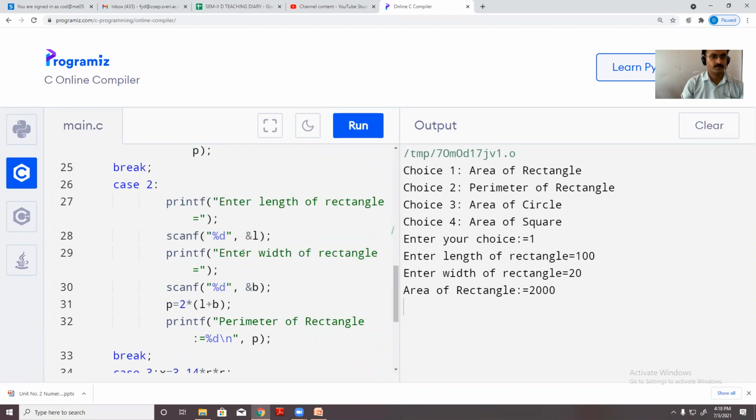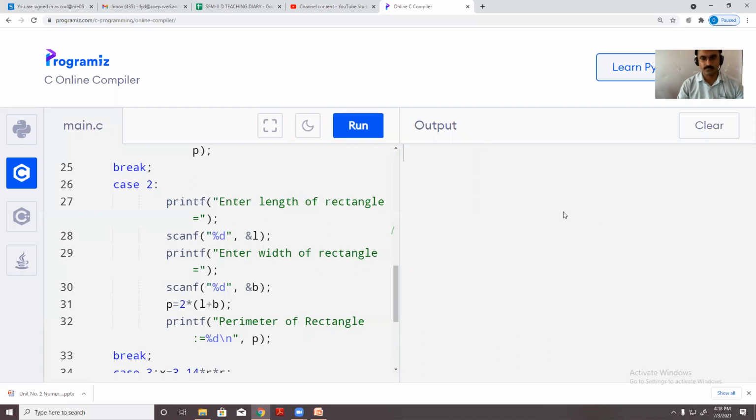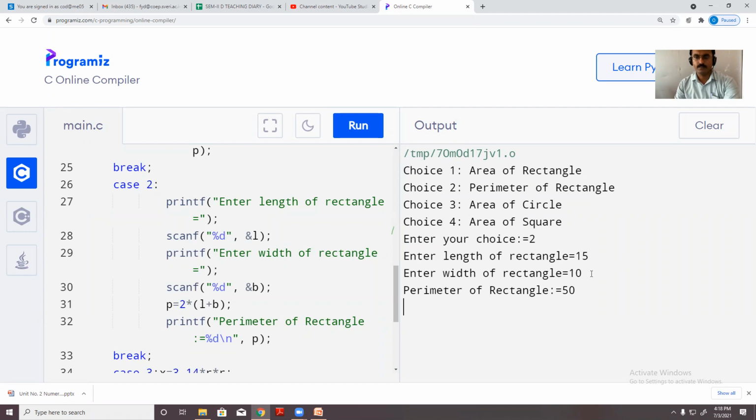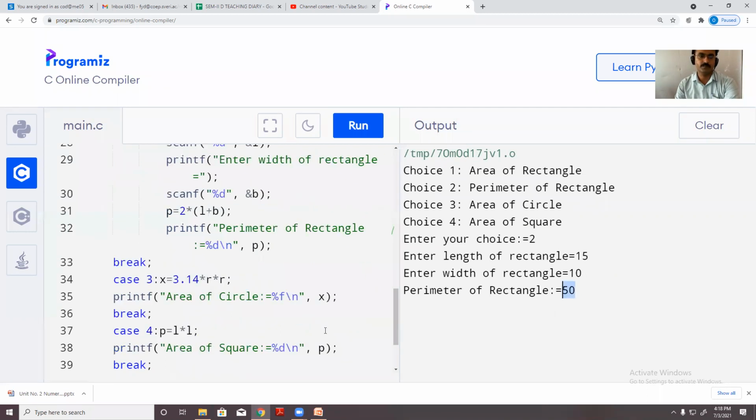Okay, I have not changed the values, so case 2 also works. Length of rectangle will be, let's say, 15, width 10. 10 plus 15, 25, 25 into 2, 50. So perimeter will be this.